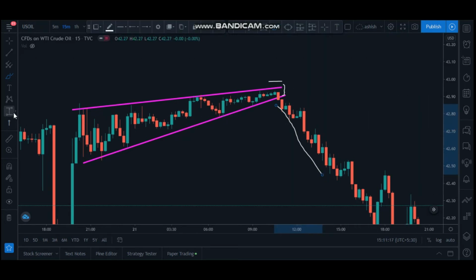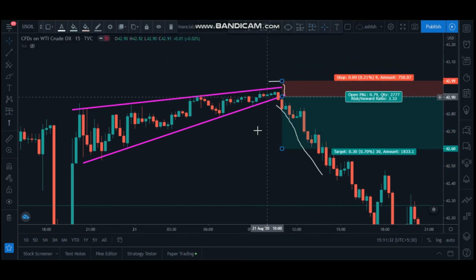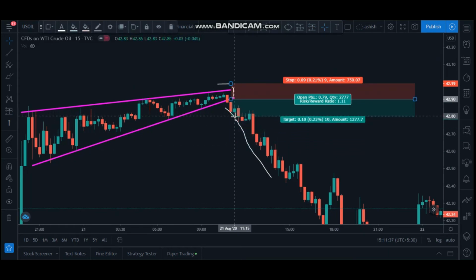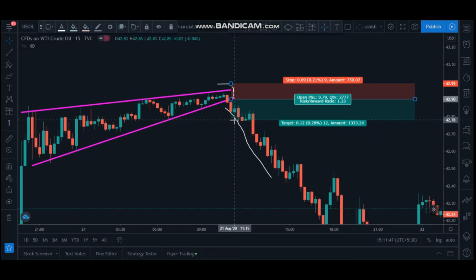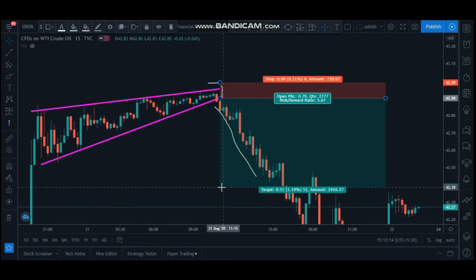And again, do not be greedy in the market. Do not go for higher targets in intraday. In intraday, 1:2 is the best target. So if we apply a 1:2 target here, our stop loss will be here, and look at this, 1:2 is somewhere in this area, and you will be getting much more than that. But 1:2 and at most 1:3 is more than enough in intraday. And if you are doing swing trading, then it's fine, you can keep higher targets.